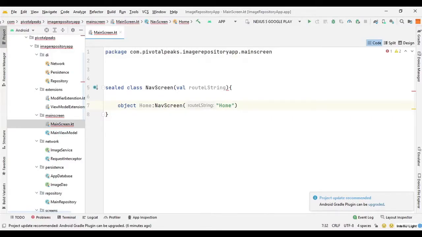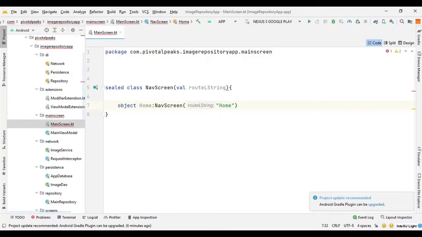The sealed class is an abstract class with a restricted class hierarchy. So it can only be accessed through this main screen. Only this main screen can access this sealed class's objects because it's defined inside this class. This provides more control over the inheritance, and they are restricted but also allow freedom in state representation, and this sealed class cannot be extended by any other class.